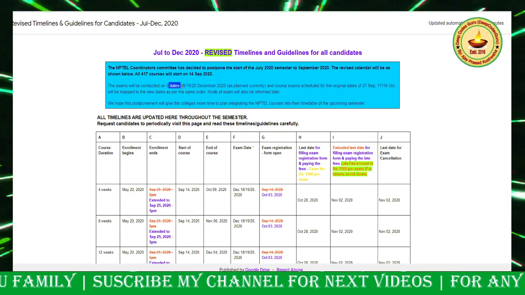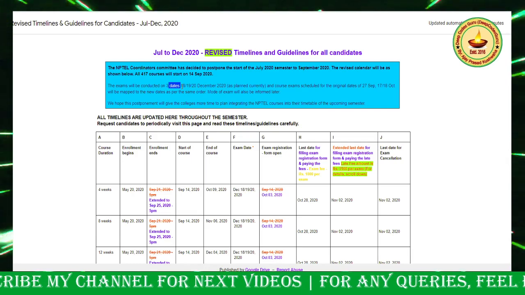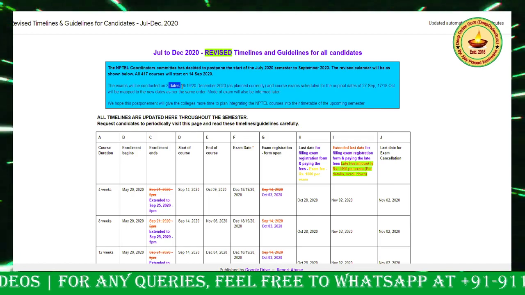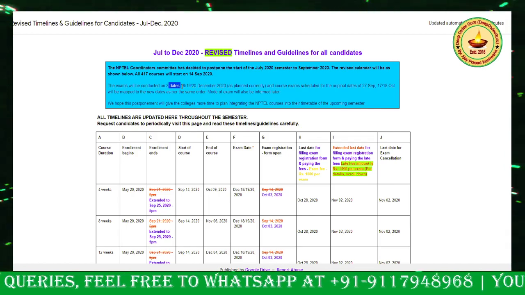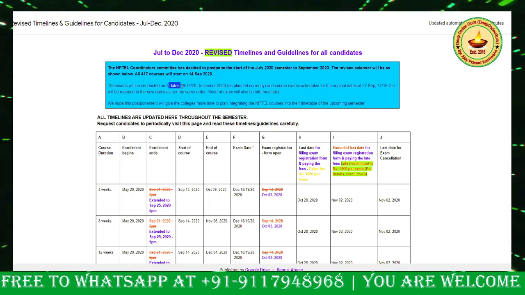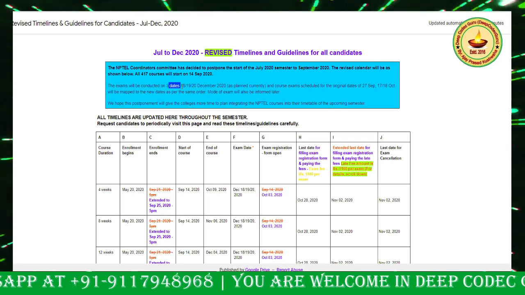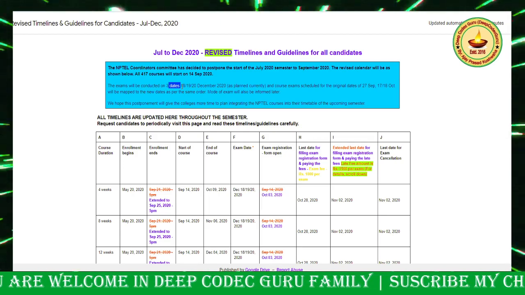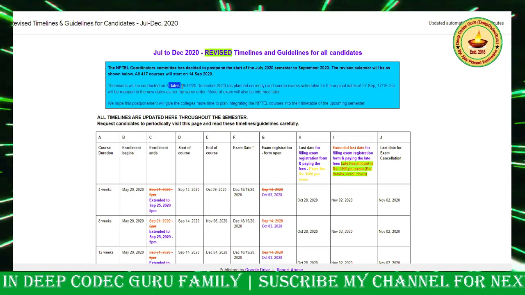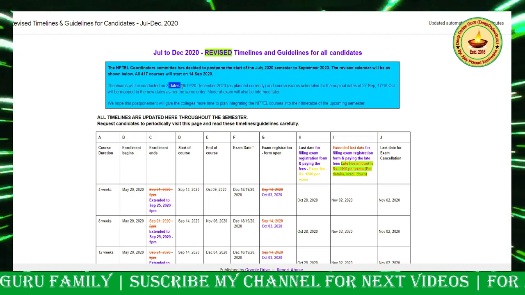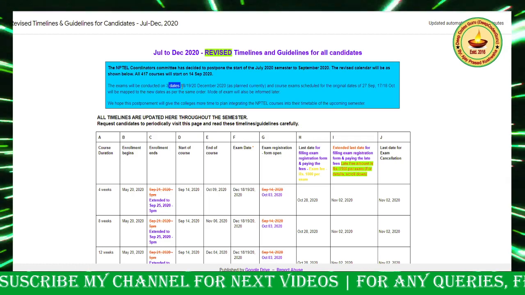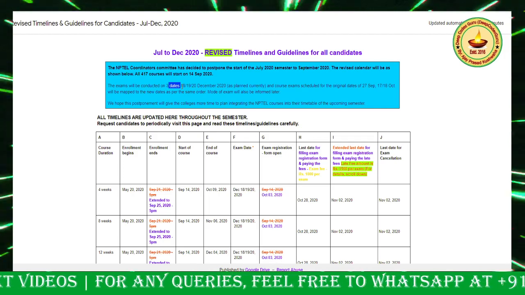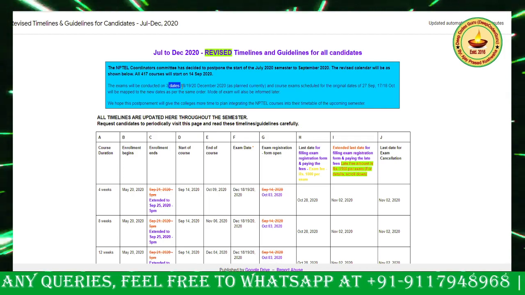Now the next question arises. For one course there is 1 day. From last 2 semesters NPTEL has made that rule, like for one course there is 1 day exam. Earlier it was free. It was up to you when you want to write the exam within those 2 or 3 days. But now NPTEL has made the rule that 1 day exam will be conducted for one course, and you have to write in either the forenoon session or the afternoon session.